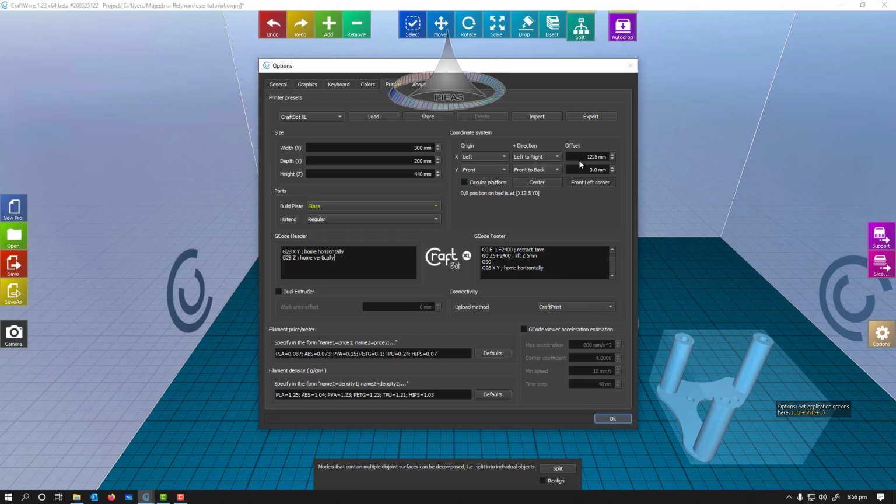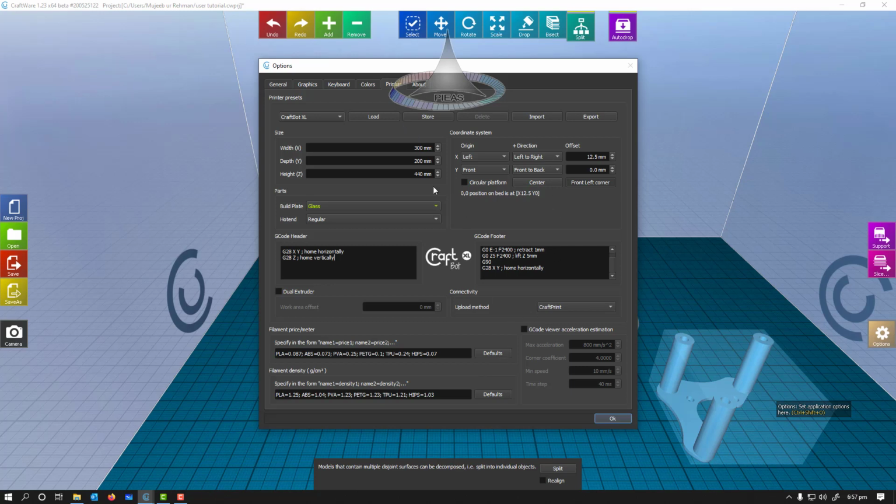Now, if you see here, the offset settings are 12.5, so let it be the default value. Here you can put the price of filament per meter. You can put it in rupees so that you can easily manage the pricing, and you can put the density of PLA or ABS as per your spool, so that you can measure the mass of the filament which has been used, and the cost per unit meter of the filament, so you can work out the pricing.